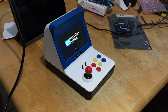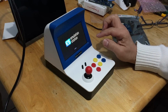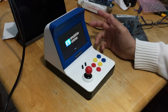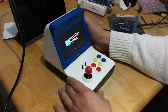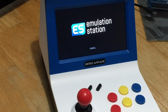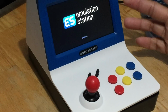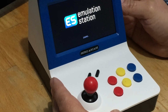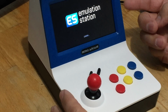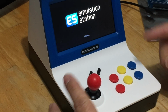So there might be something wrong with the original cable, the black cable that came with it. Maybe because the Raspberry Pi was leaning on it and something got pulled, or maybe, like I said, my SD card is messed up. So that's why it's doing that. Alright, so we're going to configure the joystick and everything, and we're going to test our first game. And once it works, I'll tape it up and screw everything back on, and then I'll give you the